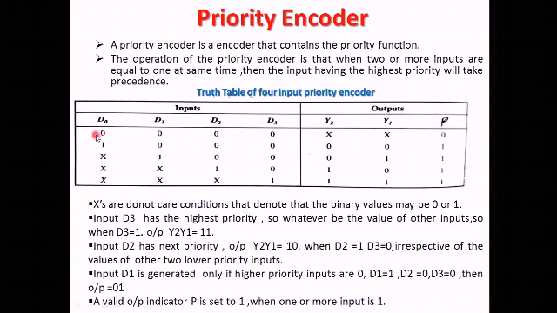The last is this case where all of the inputs are equal to 0. So there is no case of 1, and this priority function will be equal to 0. And these outputs are don't care, that is, they can be 0 also. This does not fall in the category of 1 or more number of ones. So I hope that this truth table of the 4 input priority encoder is clear to all of you.